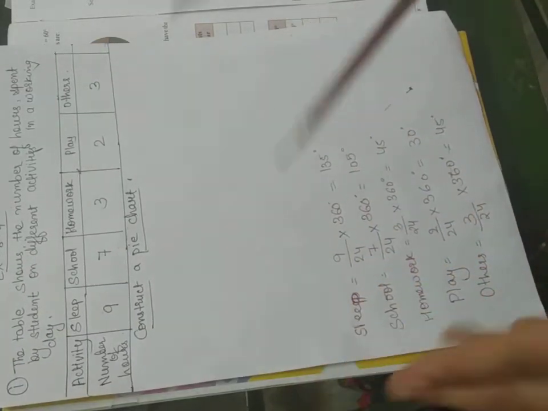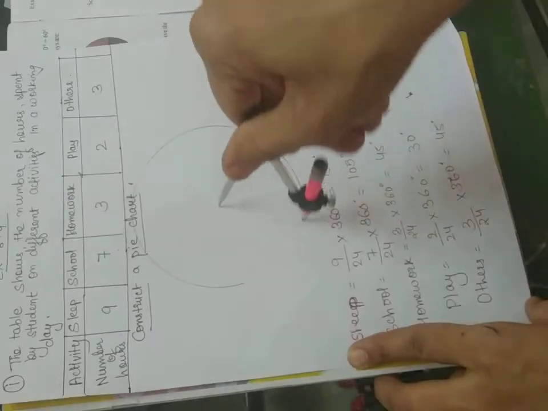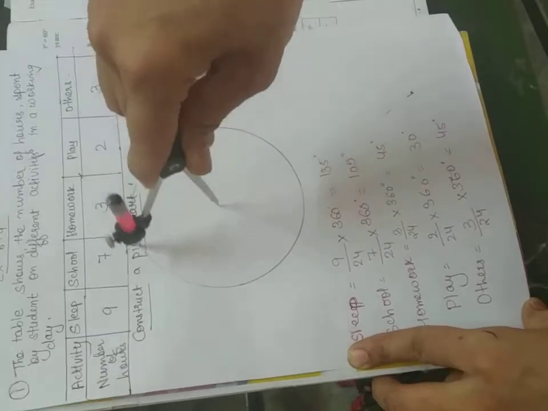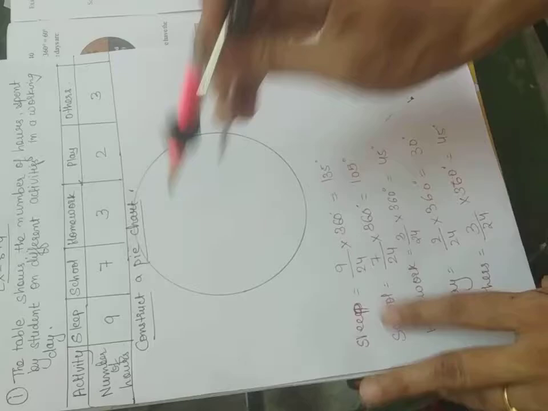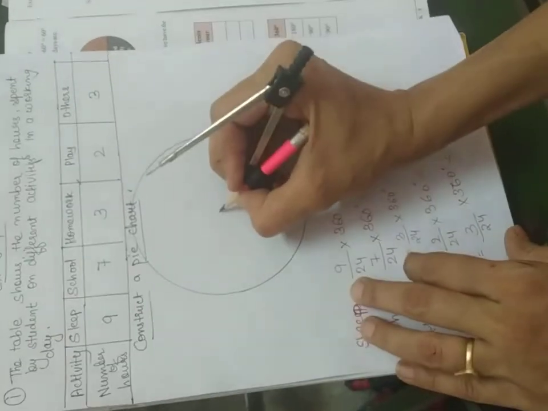So now what we have to do, the first step is you have to take the rounder and fix the rounder at the appropriate position so that you can make a circle. You can make it of any radius. Okay, let's make a circle first. Okay, I've made this circle. Okay, mark this center point. Okay, let's do it. Let's make it a little darker.